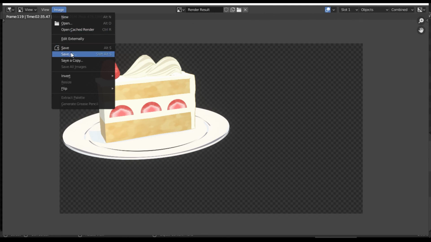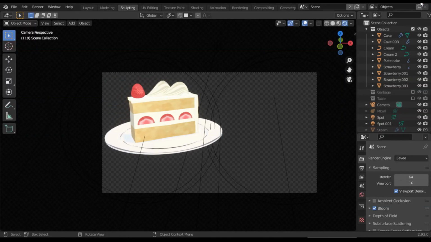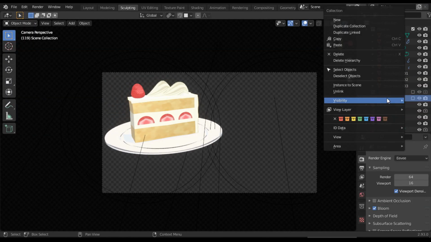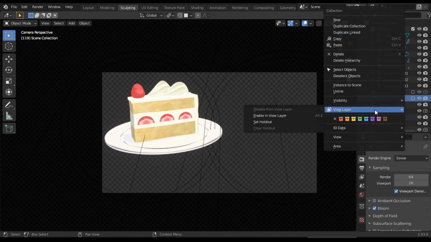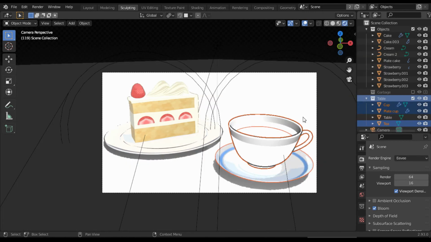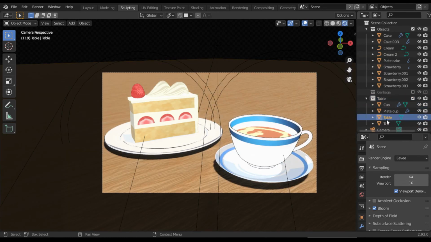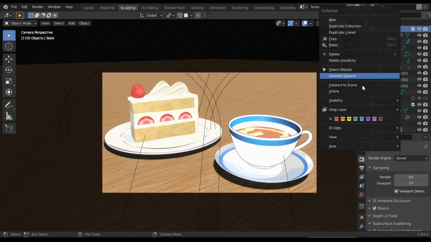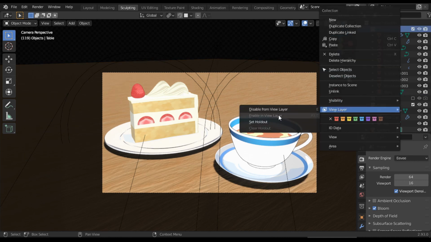Save it. Now let's drag the table to the other collection because it's just one object to move instead of moving the cup or the cake, and disable.